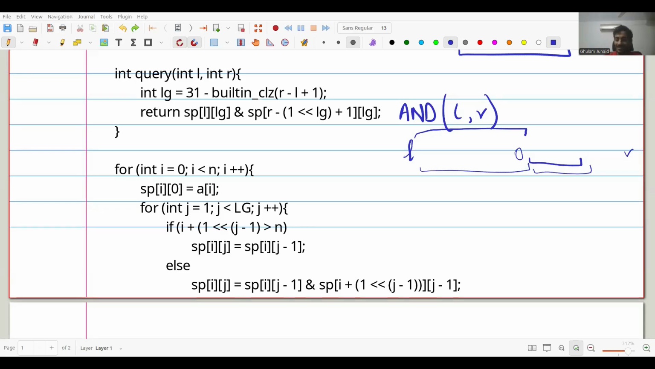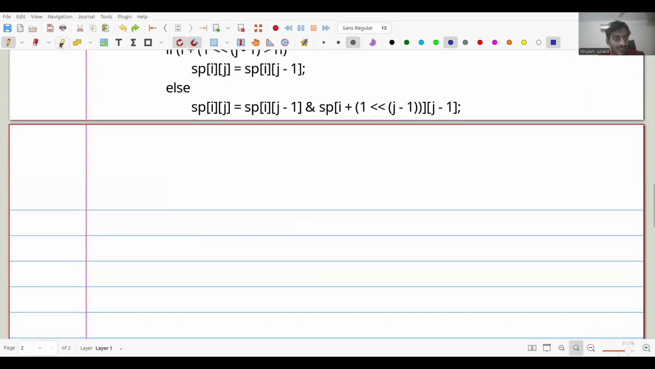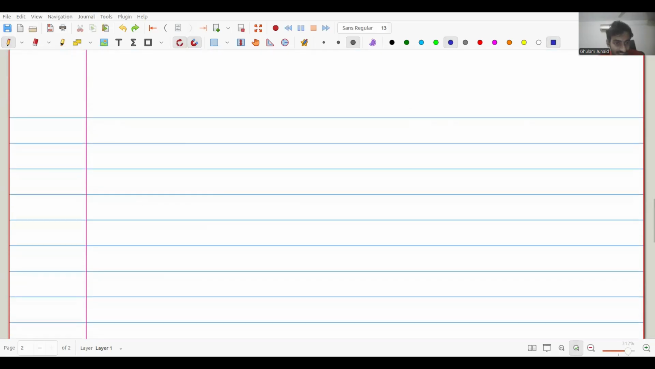I mean, there are only a few problems on Codeforces that use sparse table. I will add them in the sheet as well. So let's solve this problem, Edges in MST. This is almost a classic problem. Not really a classic. It's hard, but